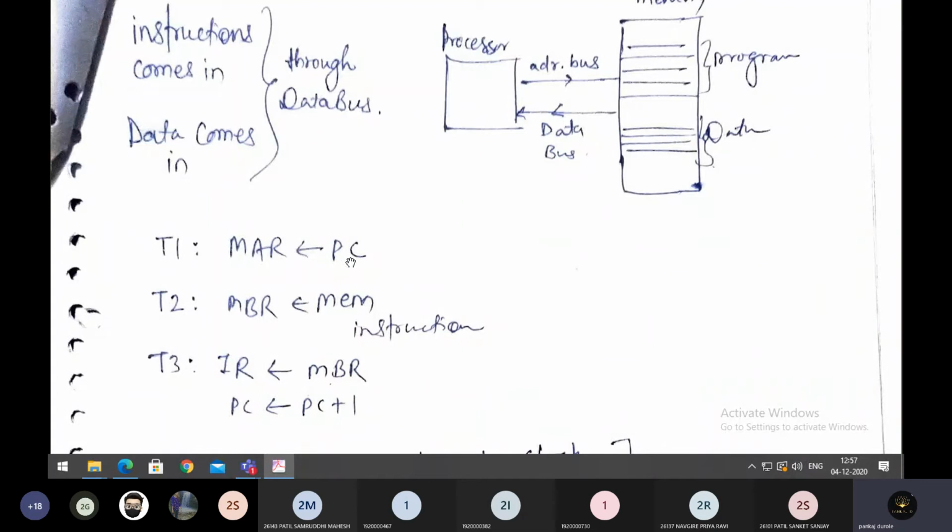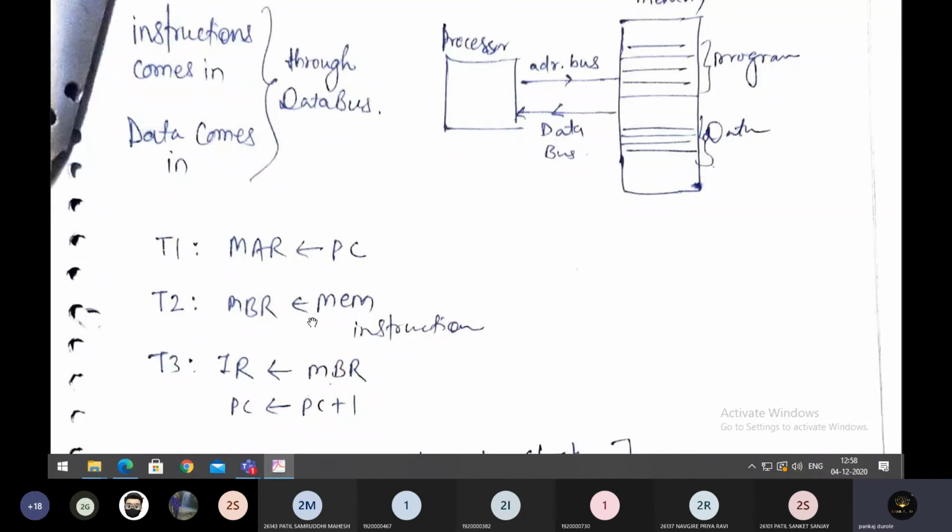So the very first micro operation, when a single instruction is getting executed, what happens? Let us consider a similar instruction, ADD AL, BL. When we are adding AL with BL, what is happening in the background? The very first thing is PC goes to MAR, because we will need the address first. If you know the address, then there is a possibility that you can take the data from that address. So what is the very first basic micro operation? PC goes to MAR.